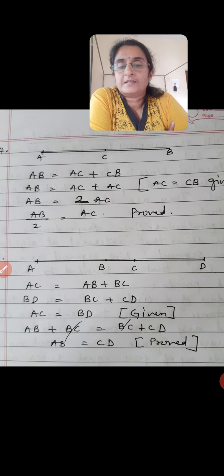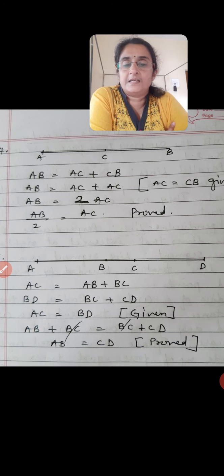Now it is given that AC and BD are equal. So take the first and second equation and write it, because AC and BD are equal. So AB plus BC is equal to BC plus CD. Now we will cancel BC from both the sides. What will remain? That is AB is equal to CD. That is what was asked to prove. Understood? So we are going to do this much from this lesson.